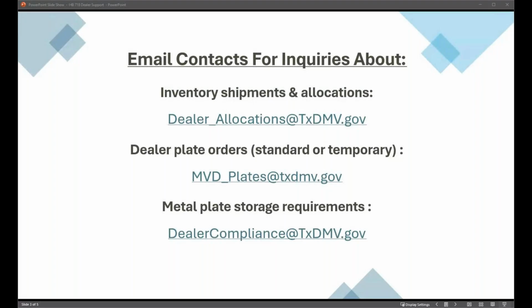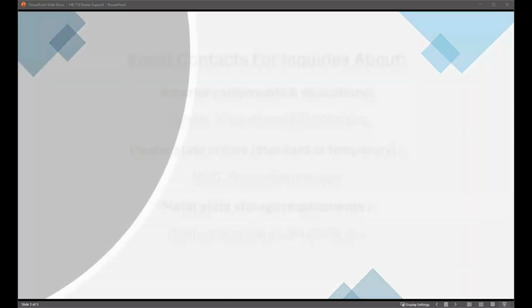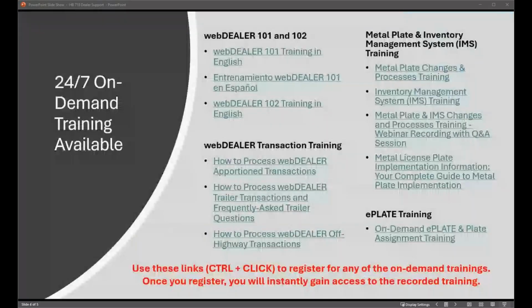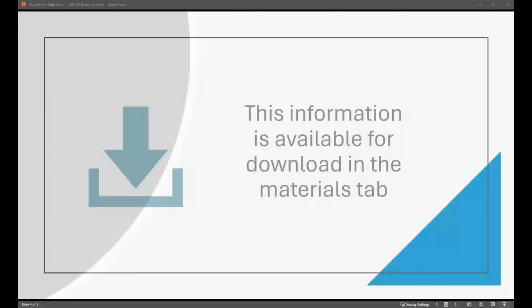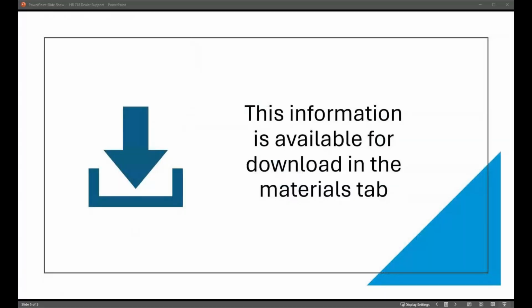If your inventory is not showing up in IMS, please check for a couple different things. Verify the email communications that you would have received from our allocations team. The second email that you would have received would have provided a P number and a dealer ID, which would be the number next to your P number. That is going to be the information that would be attached to that inventory in IMS. So if you're logging into IMS, please ensure that that is the same dealer location that you were logged into.